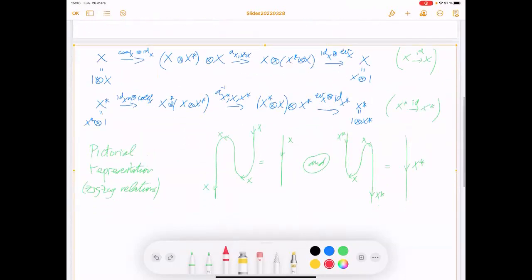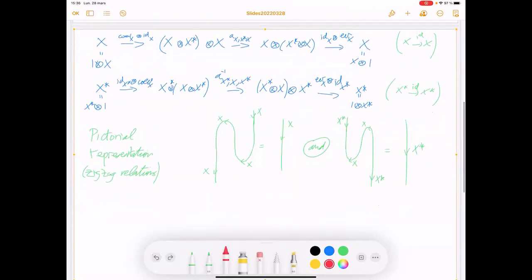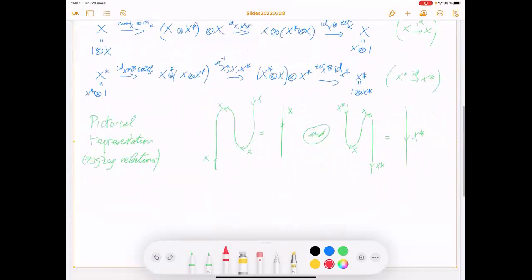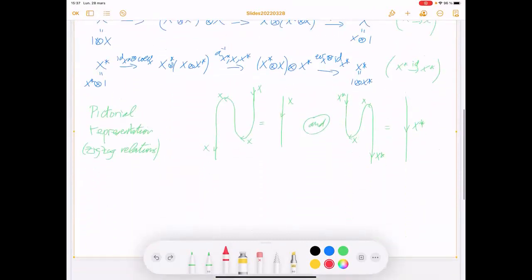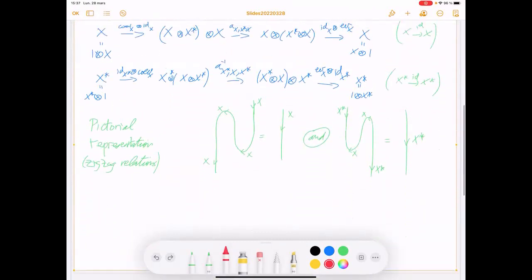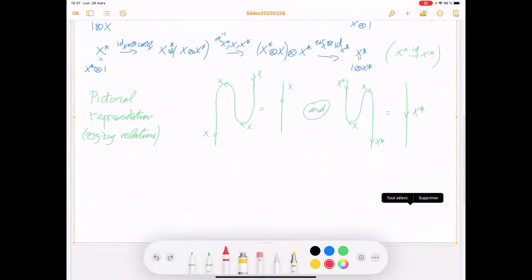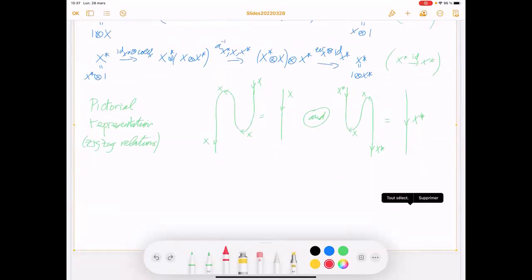So if you want to know the details of how to decompose this picture, you should go to last semester material, in fact, in the slide, because this is not in the book. This is some additional part from the book. In the book, they don't use pictorial representation. But it's good here to have an intuition of what is pictorial representation. Anyway,